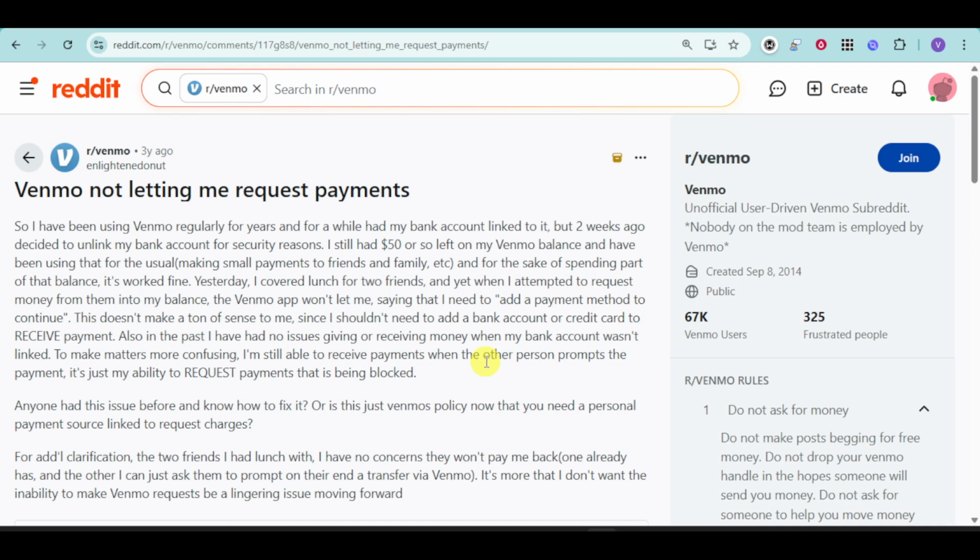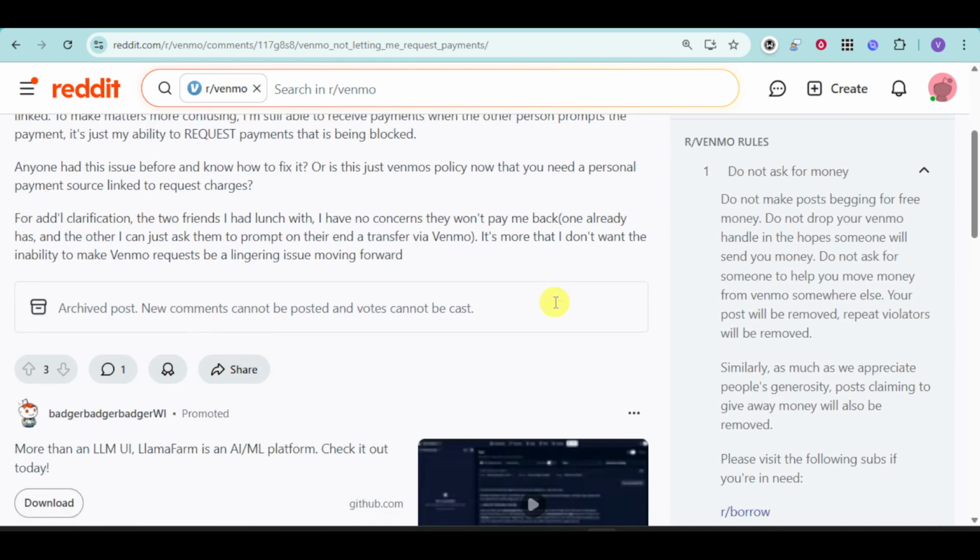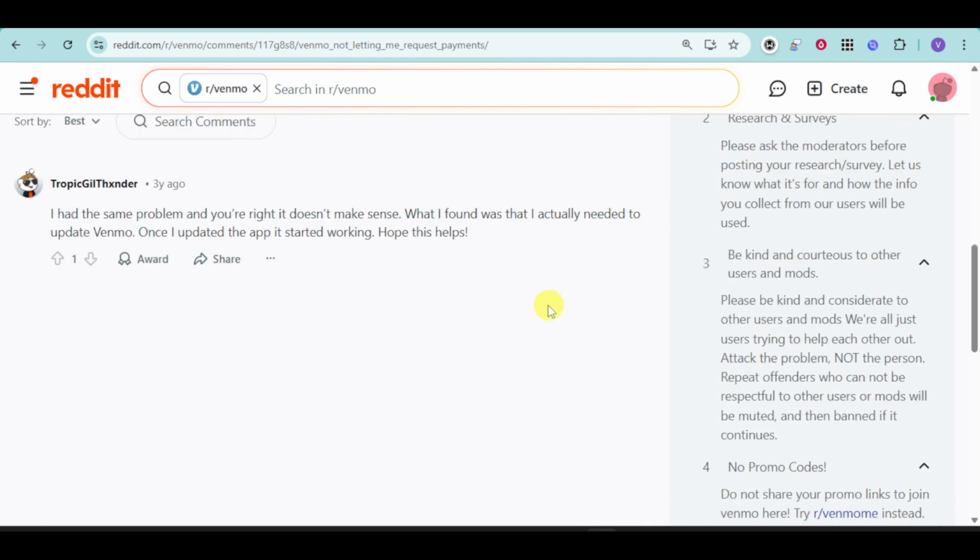In this video, I'm going to teach you how to fix Venmo Can't Request Money. So if you're having this particular problem, don't worry because this user also has it. As you have noticed, this user is actually having this problem wherein Venmo is not letting them request payments. So in order to fix this, what we can do is